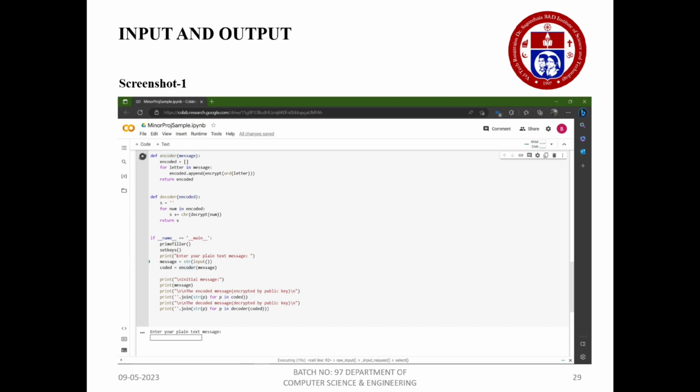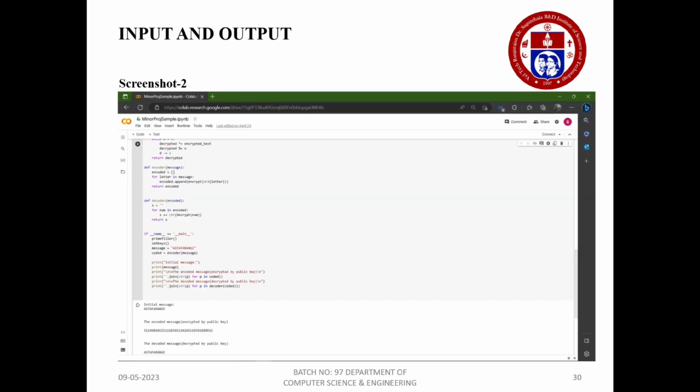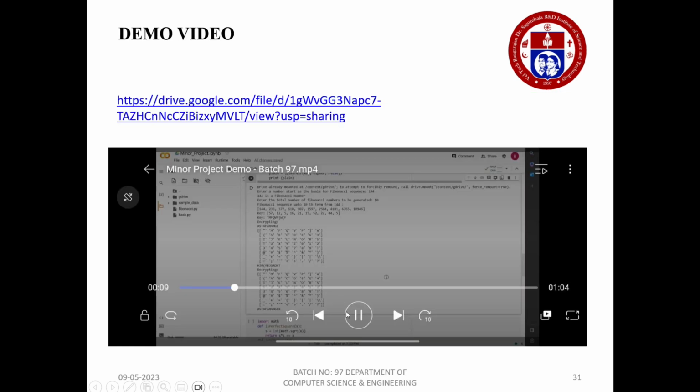So here, this is our input and output. The program is asking for plain text message. The key has already been generated. So the plain text message is Ashtaparangi. Here Ashtaparangi, and using the encryption and decryption process, this is the ciphertext, and by decrypting we are able to get Ashtaparangi again. This is a video. Actually, this is not a video but a screenshot, but our video is on Google Drive, which we will explain